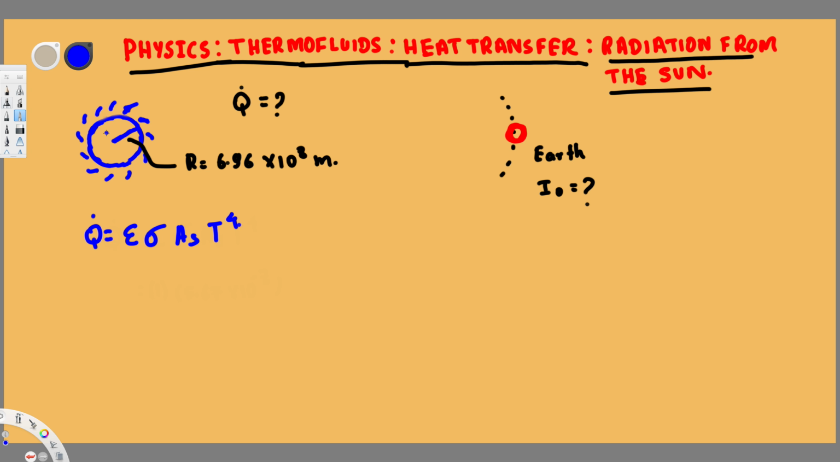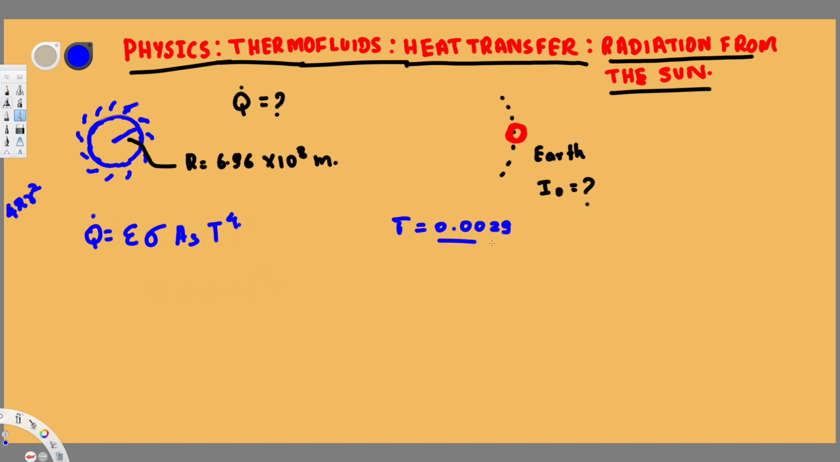The sun is a spherical shape, right? So the surface area we're going to use is 4 pi r squared. That's the surface area equation for a spherical shape. Now, temperature, we don't have the temperature, but in this case we can use Wien's law. Wien's law states that for any radiating object we can calculate the temperature using this equation, that is